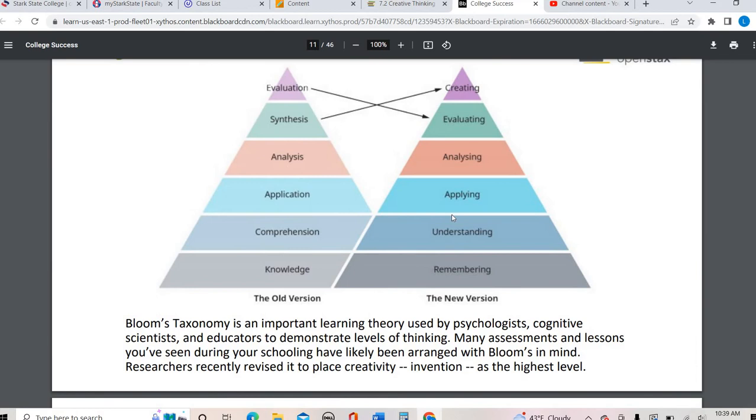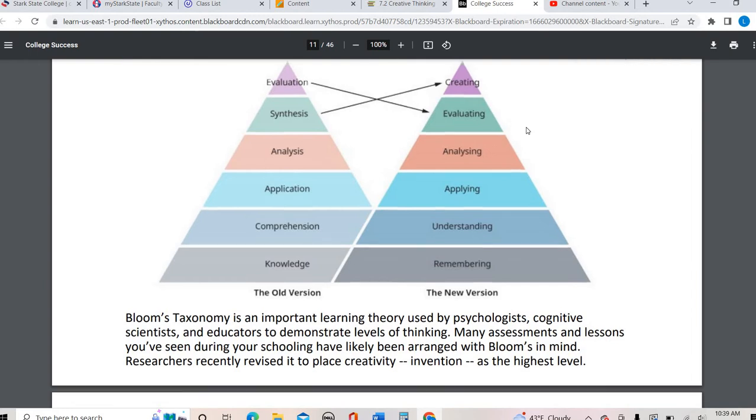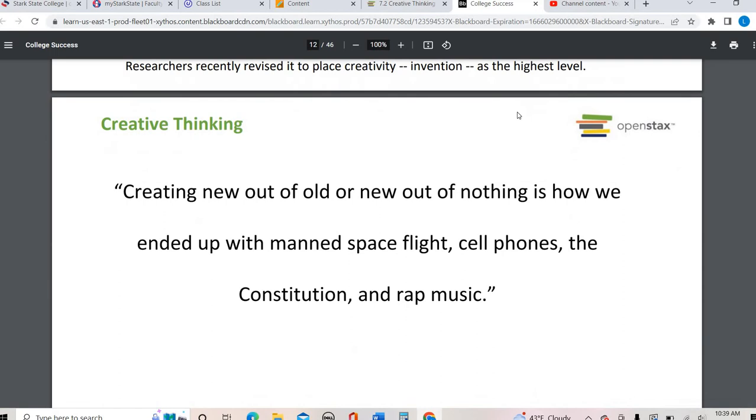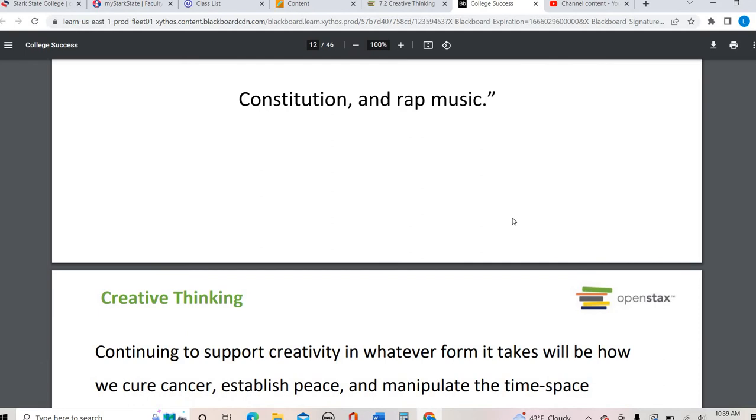If you've been familiar with Bloom's taxonomy, this is kind of an updated version of it. We have different ways of knowing and understanding things, and one of the newest versions says that creating is the highest level that we can do. Now again, that does not necessarily mean you're creating something like a piece of art or music. You could be creating a paper, you could be creating a visual of some sort that's not artistic, but there are different ways to be creative. And so creating something out of old or new is a way to be creative in your thinking.